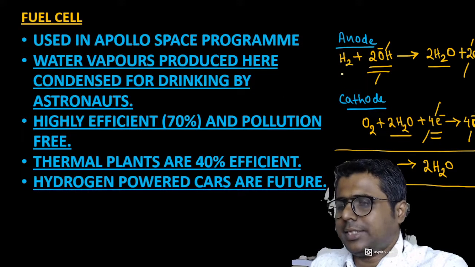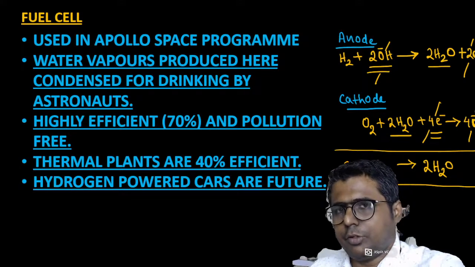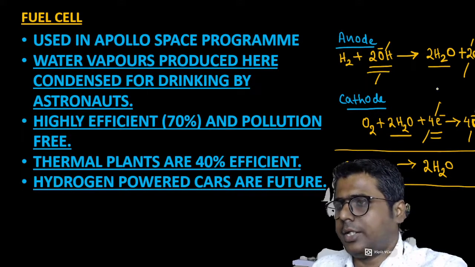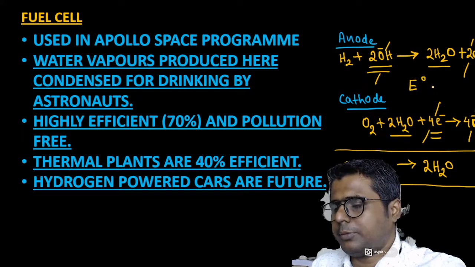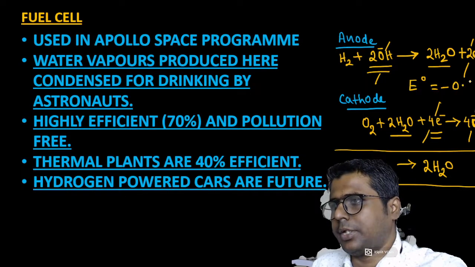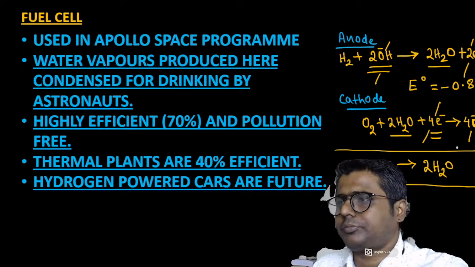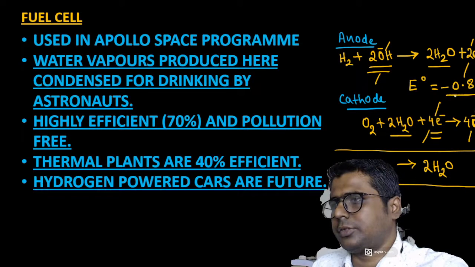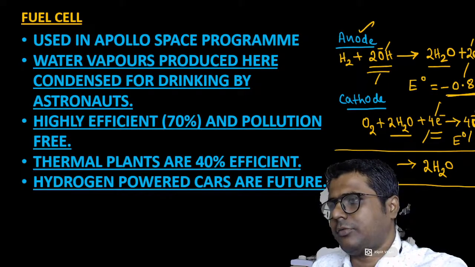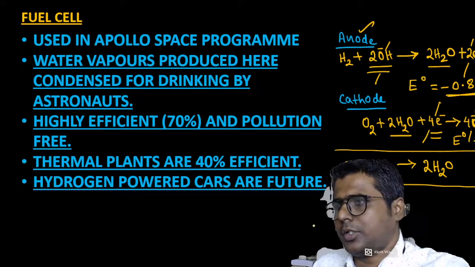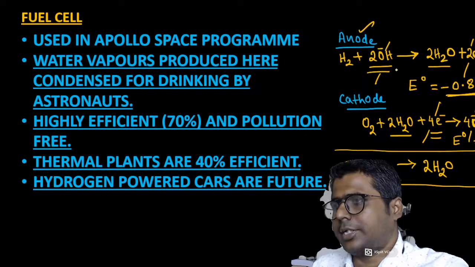Now what is the heat of the reaction and what is thermodynamic efficiency? Before going into those things, we have to first write down the electrode potential of this anodic reaction. The potential over here is minus 0.83 volt, and this is the potential for the anodic reaction, and the potential for the cathodic reaction is 0.4 volt. As in this total overall reaction, the total number of electrons are 4 electrons, and here also